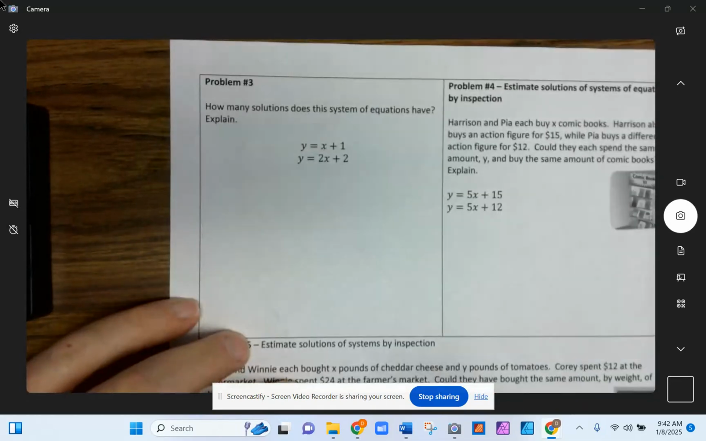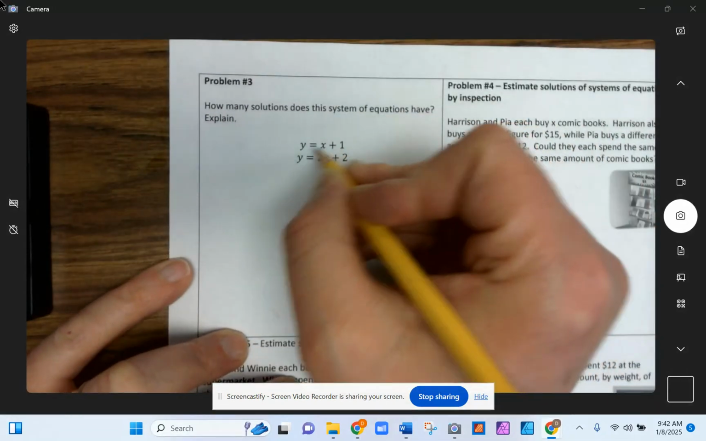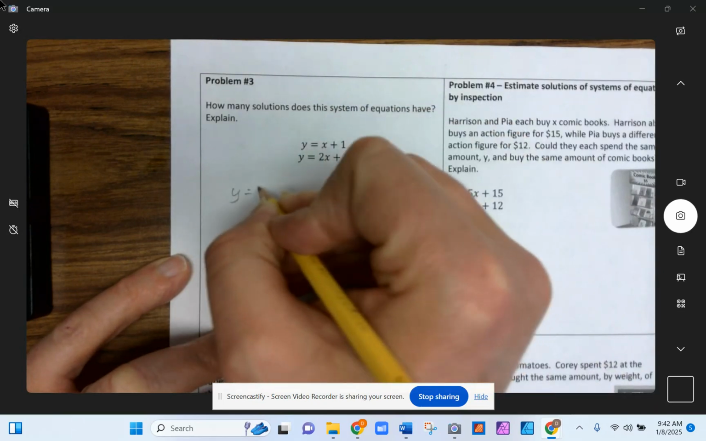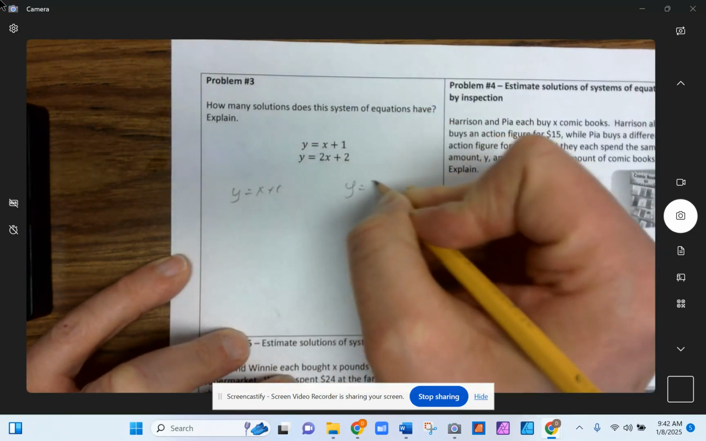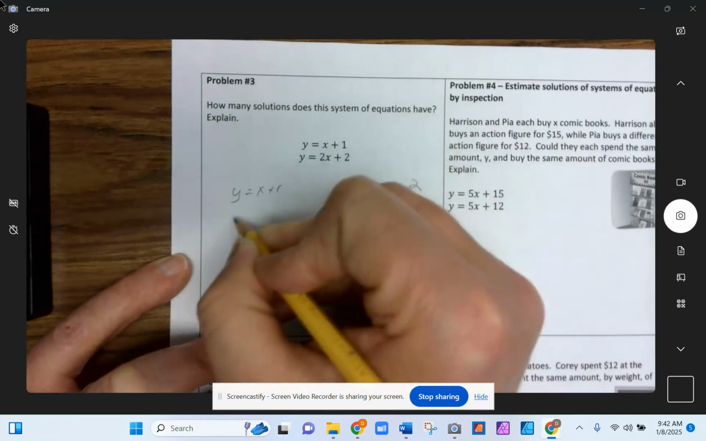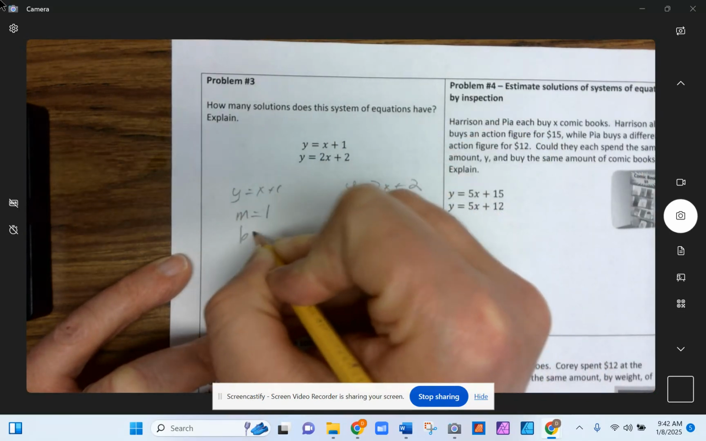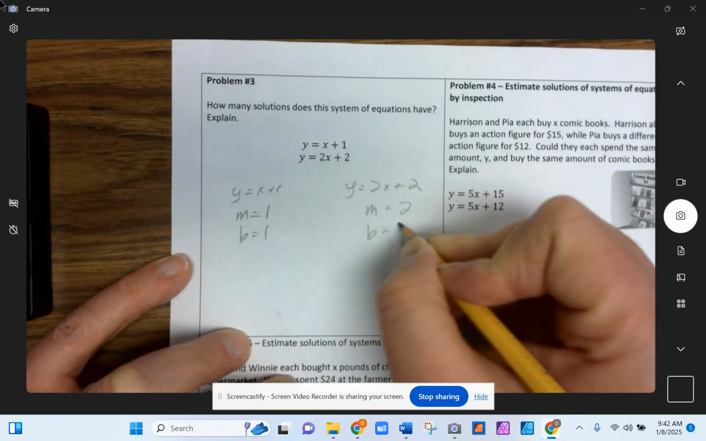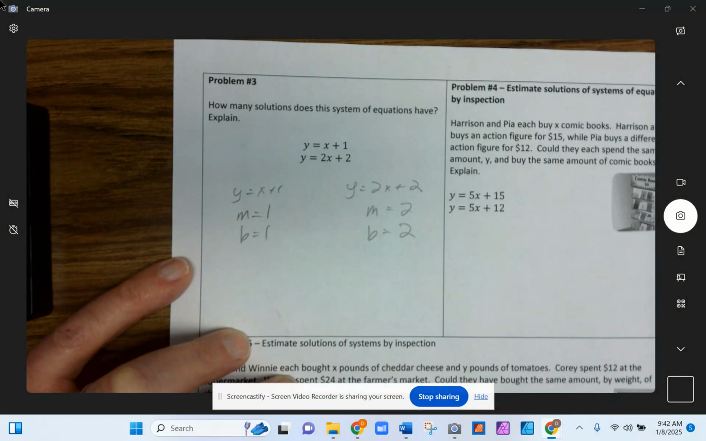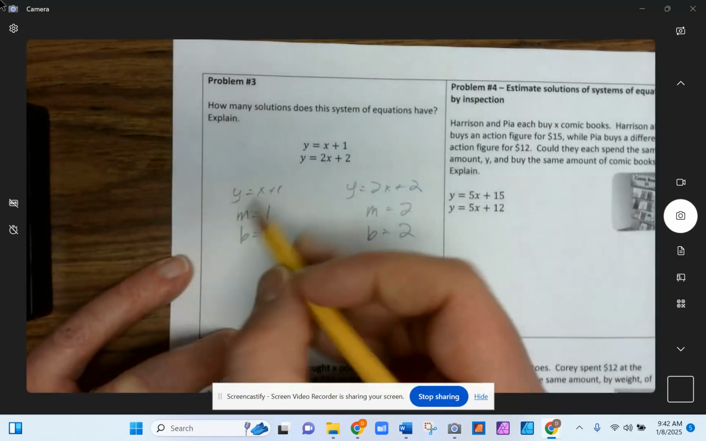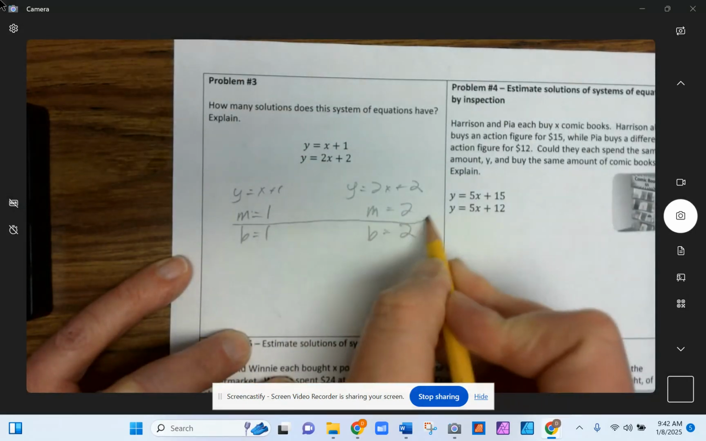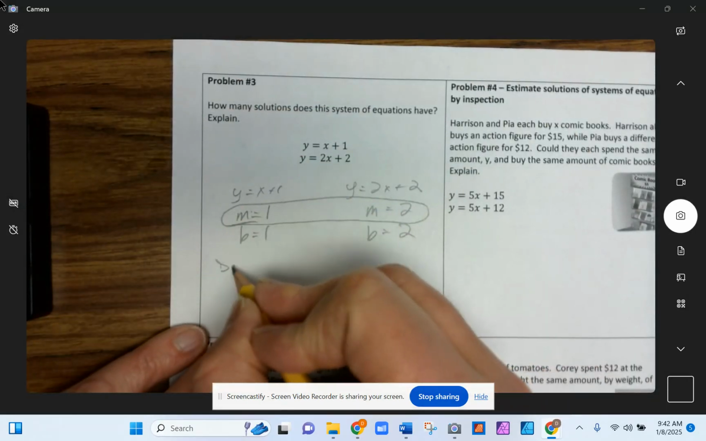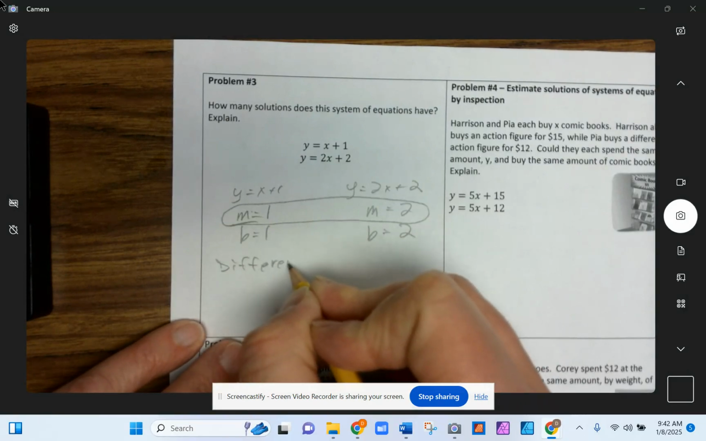So how many solutions does this have? Well, let's take a look here. So we have y equals x plus 1 and y equals 2x plus 2. We have a slope of 1, a y-intercept of 1. I have a slope of 2 and a y-intercept of 2. So I have different slopes right here, and so that's the key right there. That's really all I need to think about, is that we have different slopes. We don't really care about the y-intercepts,